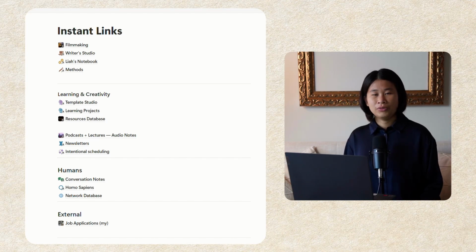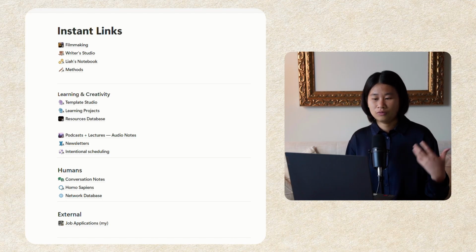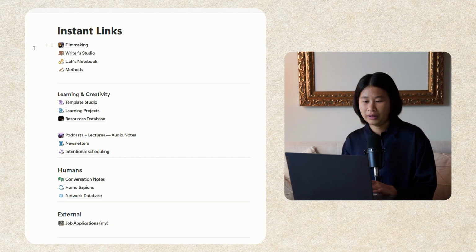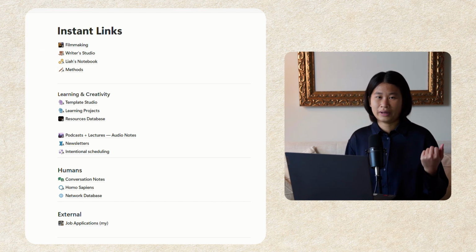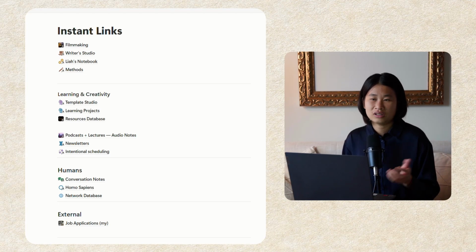top of my favorites, where I have manually linked pages that are most frequent for me, that are most important to me. So at the very top is my filmmaking and writing pages, and then also methods, which is just a database where I collect notes on how to do things that I find interesting and I might forget in